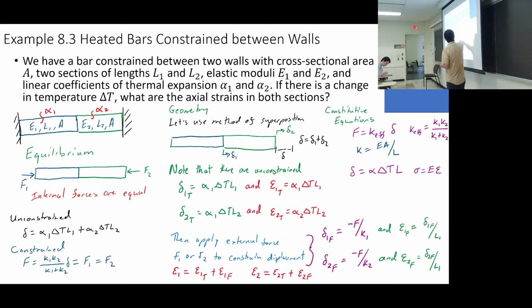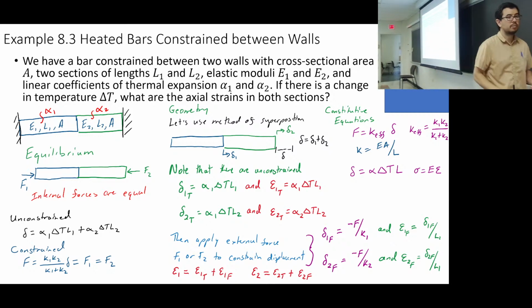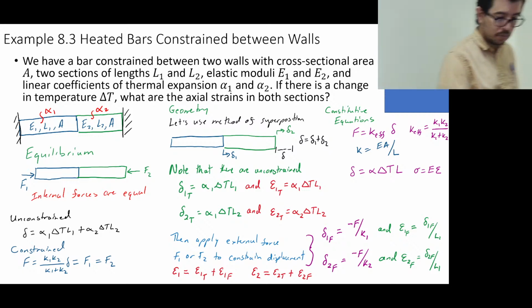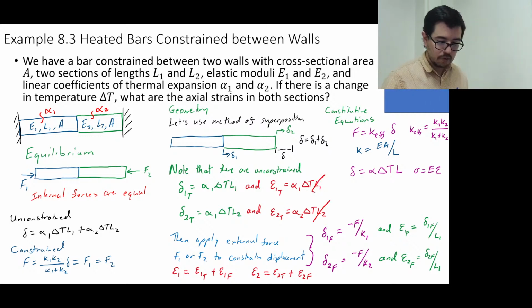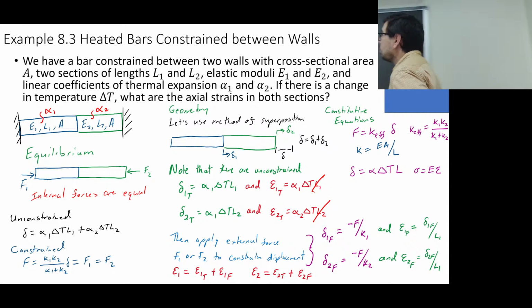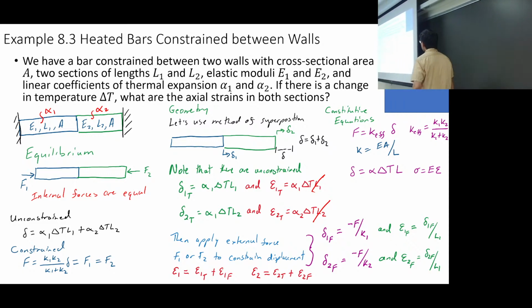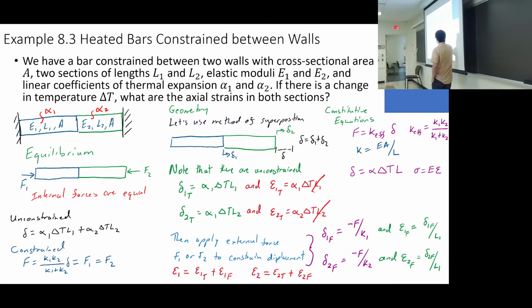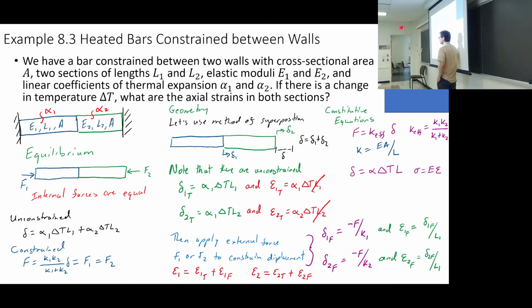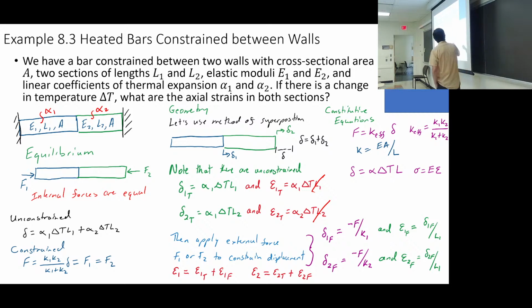Okay, so first, we agree that these are the thermal strains, alpha 1 delta T. That's a typo. These are the thermal displacements. These are multiplied by L, but this should not have an L there. Okay. So those are the thermal strains,